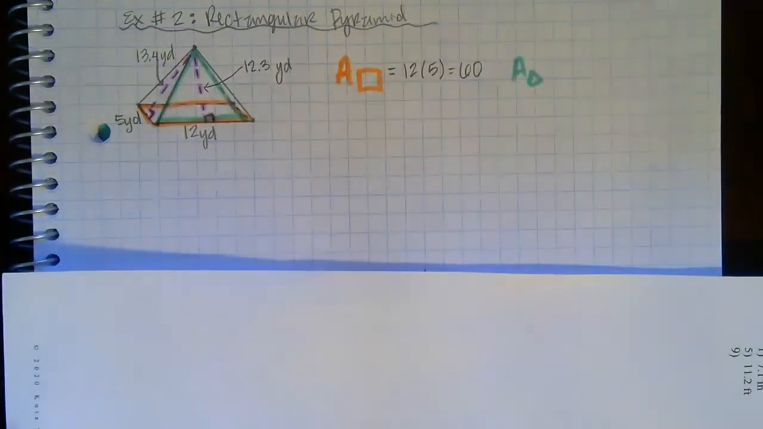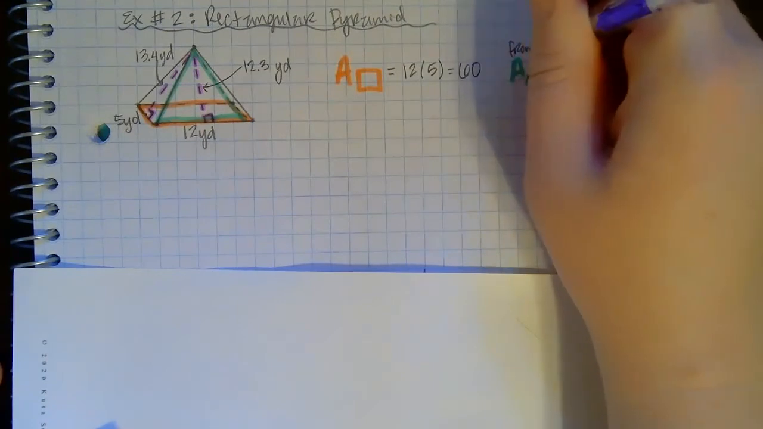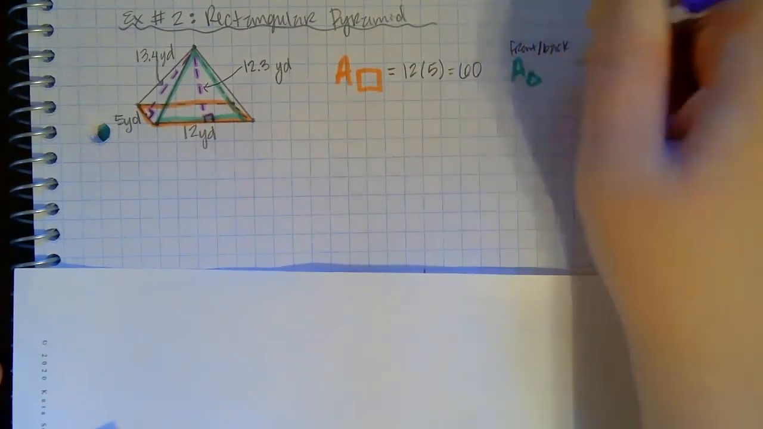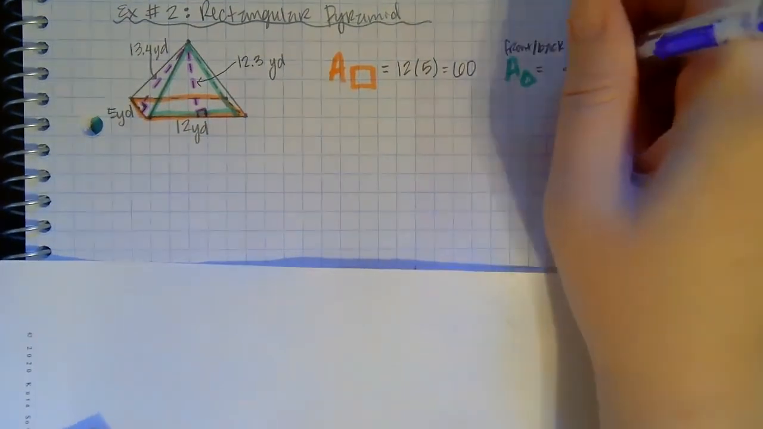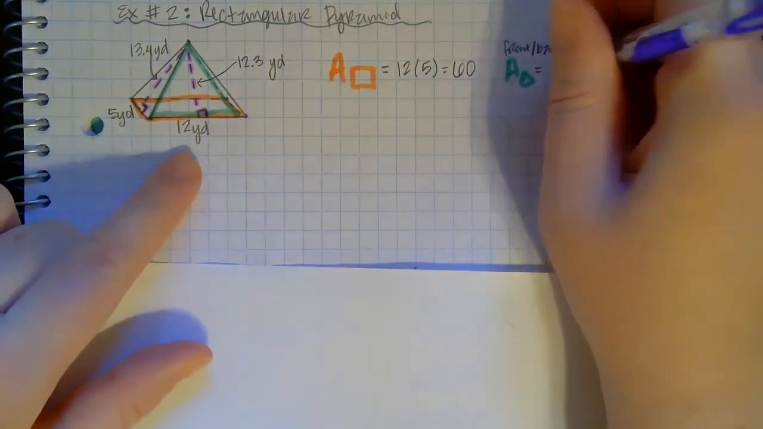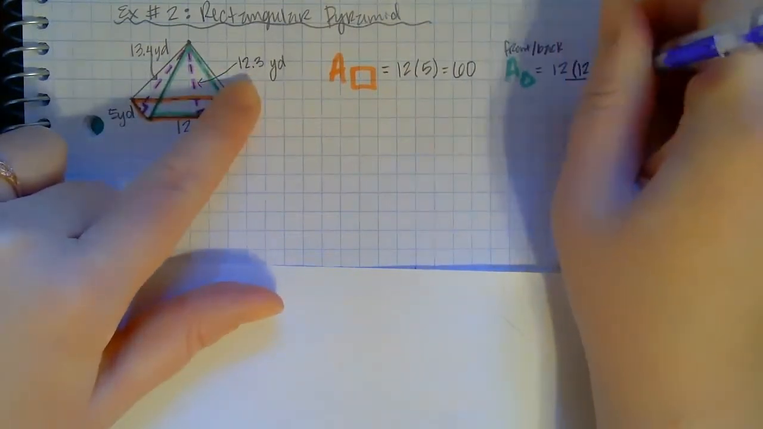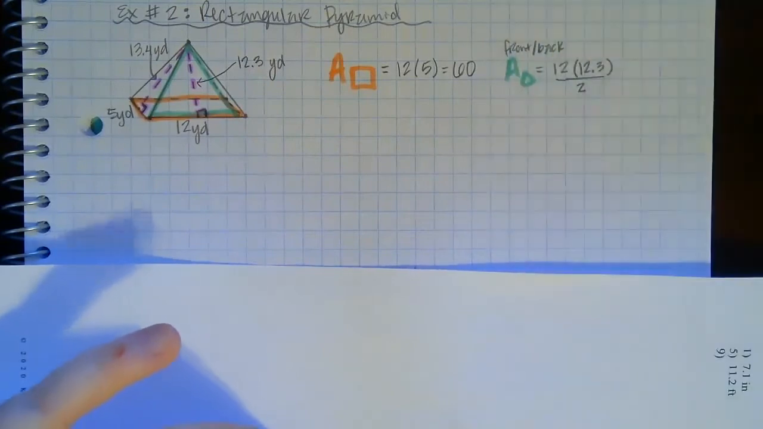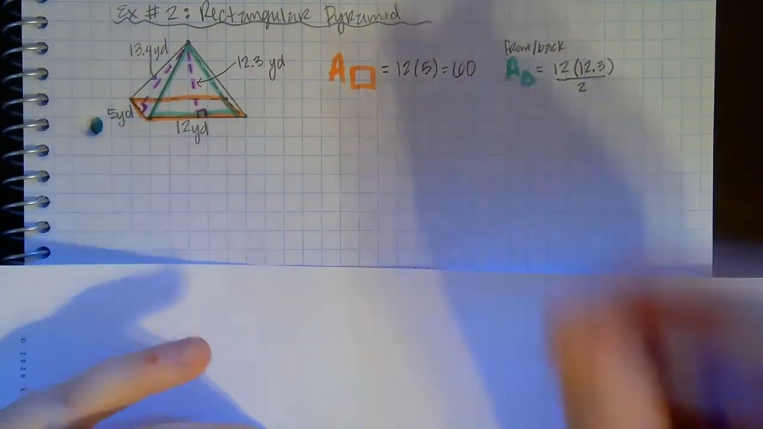Okay, and I'll just make myself a note that this is the front and the back in case I need to remember what I'm doing. The colors also help. So base times height divided by 2. Base times the height divided by 2. So I'll do 12 times 12.3 divided by 2. And I get